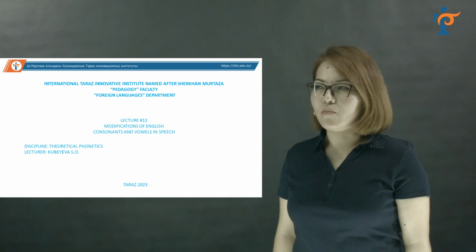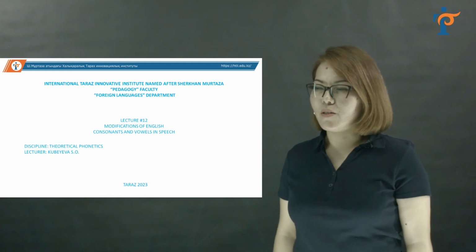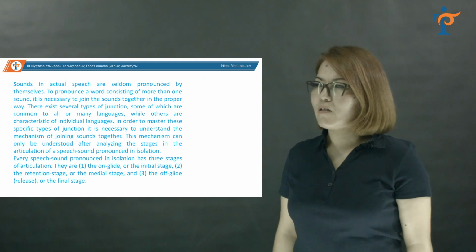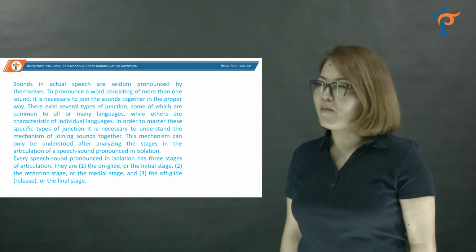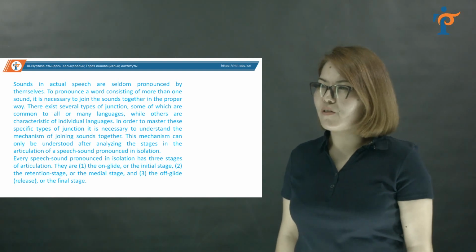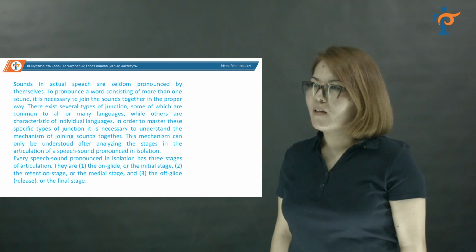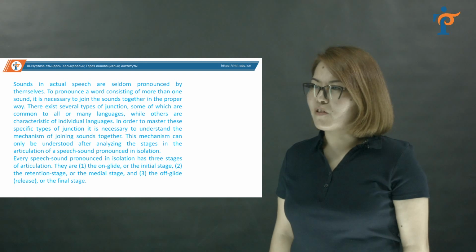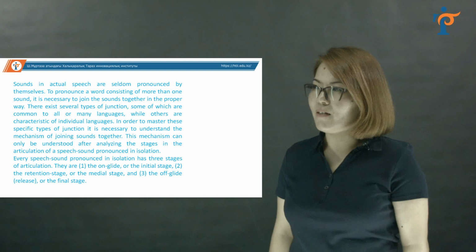This is lecture number 12, Modifications of English Consonants and Vowels in Speech. Sounds in actual speech are seldom pronounced by themselves. To pronounce a word consisting of more than one sound, it is necessary to join the sounds together in the proper way. There exist several types of junction, some of which are common to all or many languages, while others